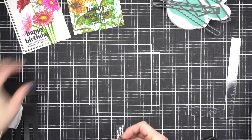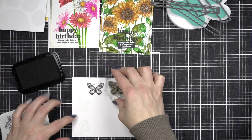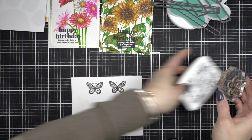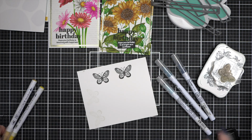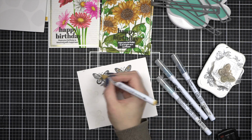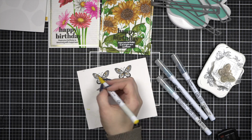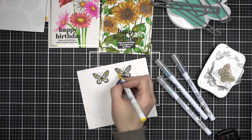Okay, finishing details. I wanted to add a butterfly to each card, just one, and I'm going to use the smallest butterfly from the Simon Says Stamp Beautiful Butterflies stamp set. I didn't like it in the jellyfish ink. You can see a faint outline there. I think you lose a lot of the detail of the butterfly, so I opted to go ahead and stamp